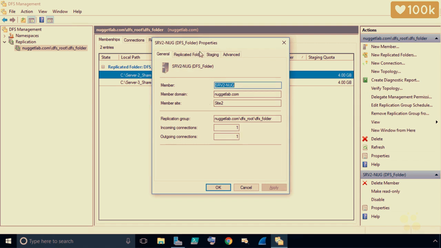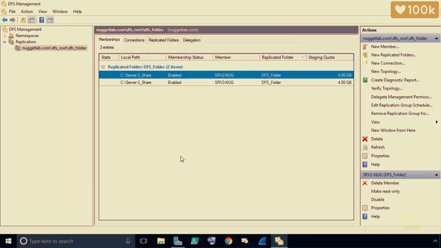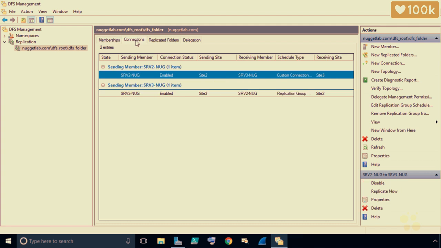So here on the properties of this member of the replication group, we have a tab for staging. And here's our default staging size in megabytes, and there's the default folder it's going to use for staging. So I'm going to leave the size and the location for the staging folder as they are, and click on Cancel. And while we're here with the replication group selected, if we go back to Connections, the Connections tab, and